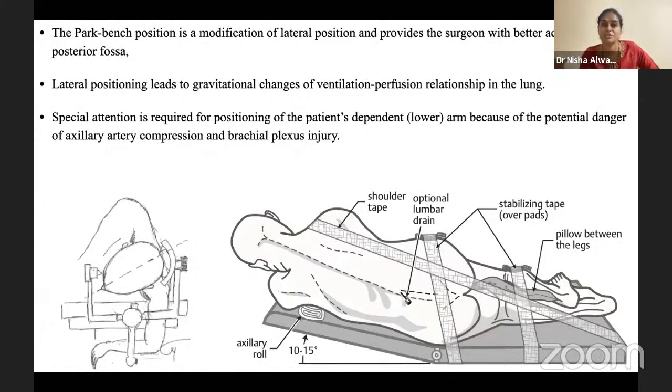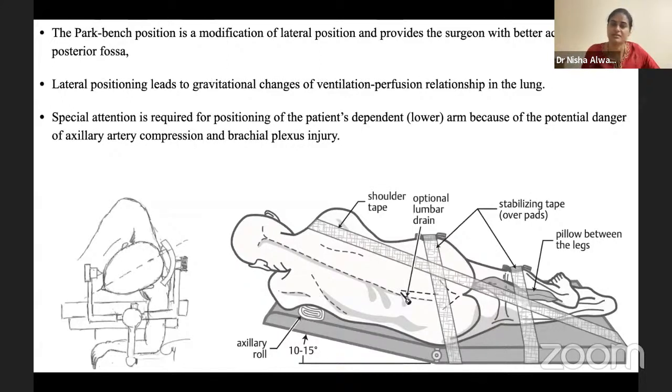know. One is the park bench position, which is a slight modification of the lateral position. Most of the surgeries where the approaches are to the CP angle, like vestibular schwannoma, facial neuroma, or a CP angle meningioma, this is the position. The retromastoid is the place where they enter into the brain. In the park bench position, which is a modification of the lateral position,